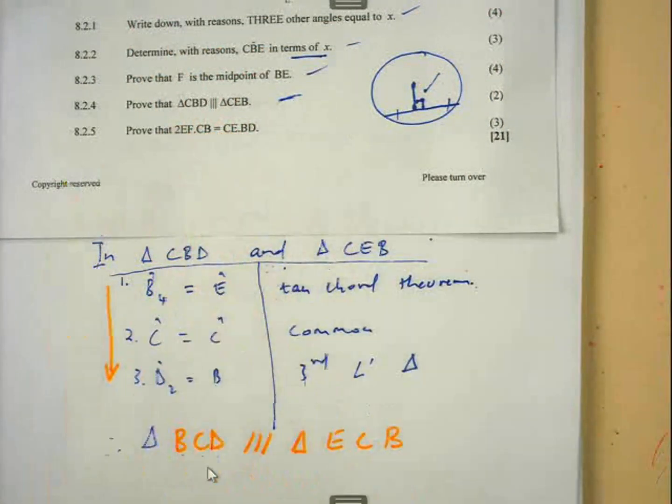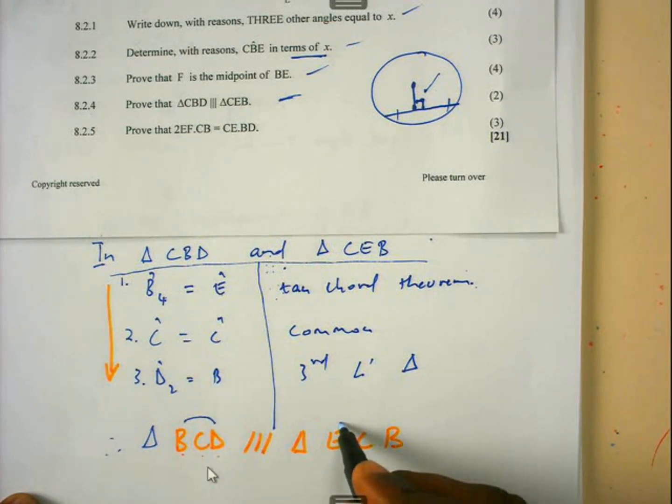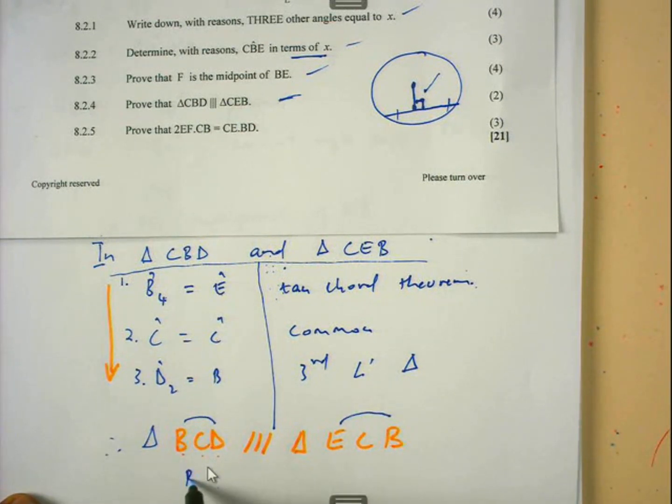Can you see that? Now, because we wrote it in this manner, we are able to say BD over EB is equal to what? CD. You see, the order is CD over CB. I hope it is fine. And then the last one is what? BC over EC. Good. Now, when you look at the question, you can see you have